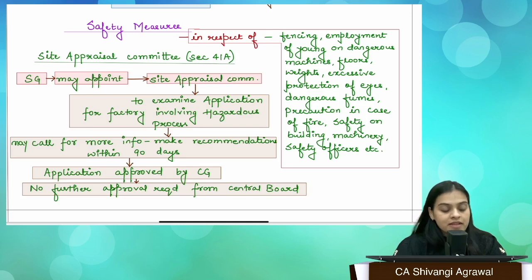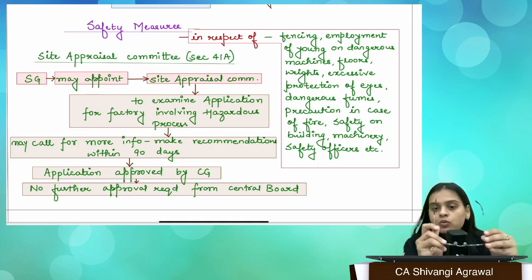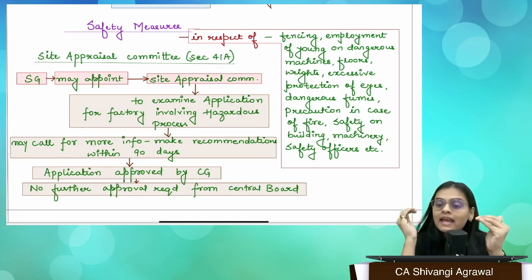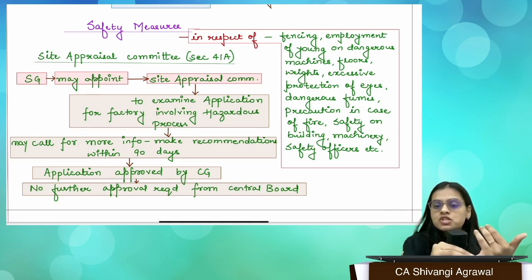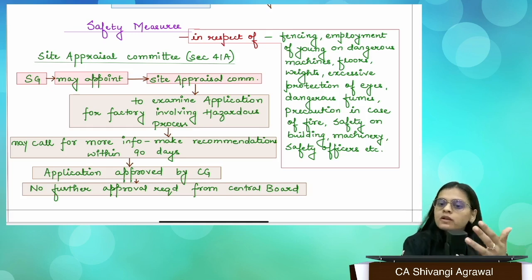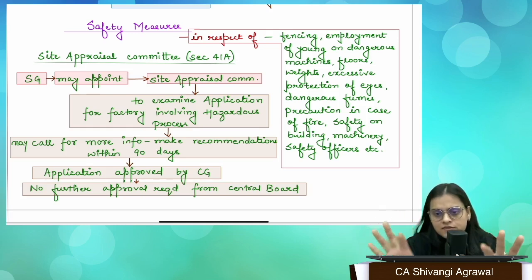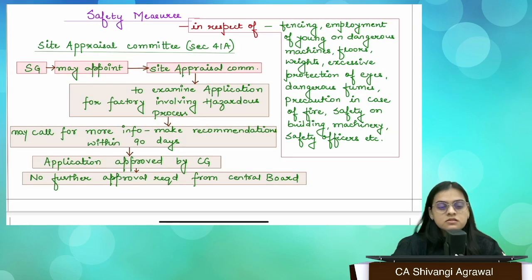Although we have section 23, which clearly says that a young worker will not be allowed to work on any machine which is actually dangerous, right? And if at all they have to, they, or anyone who is appointed, should have received sufficient training for the same.